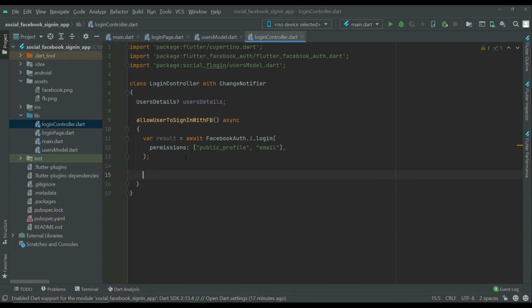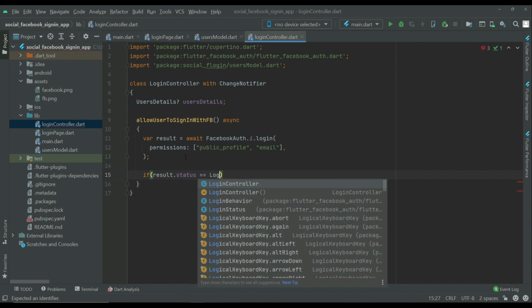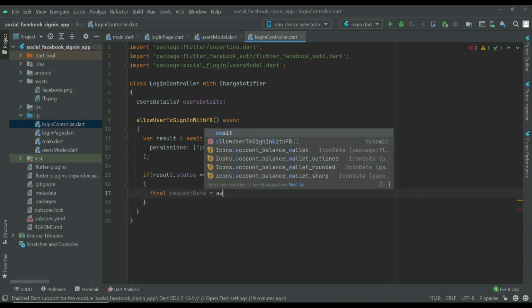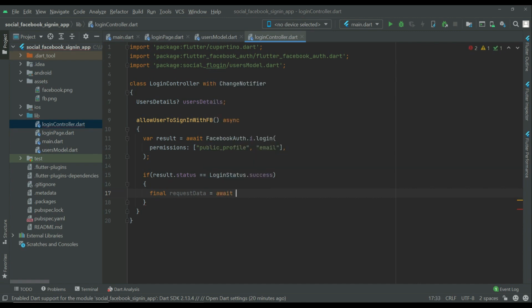So for that we can add a condition, that is if result dot status becomes equals to login status dot success, it means that we are logged in now and we have to request data from Facebook, that is the name, email, and profile picture. Final request data equals to await Facebook auth.I dot get user data